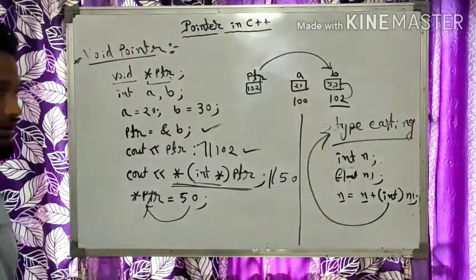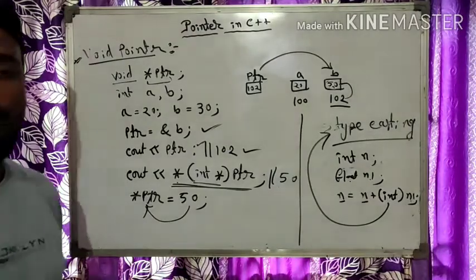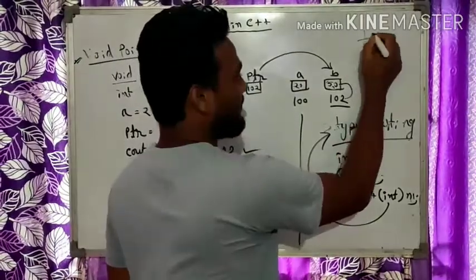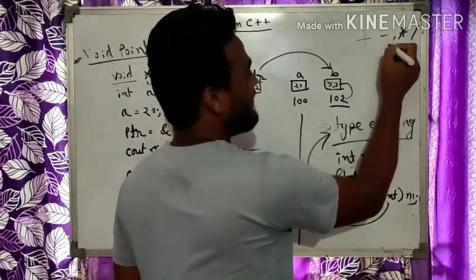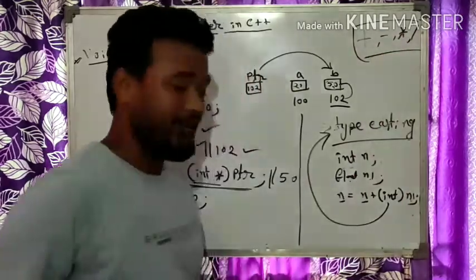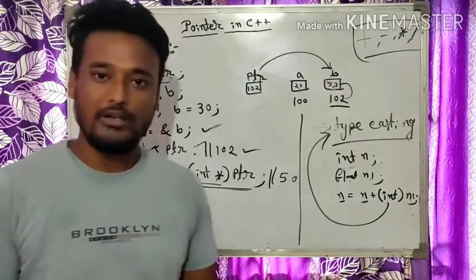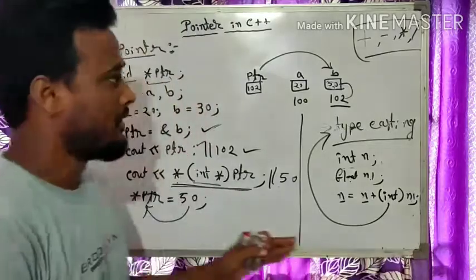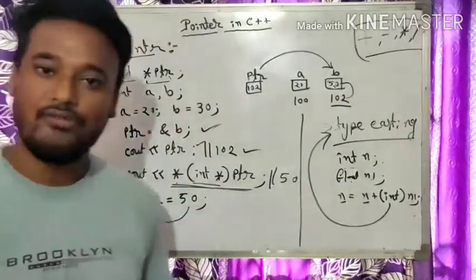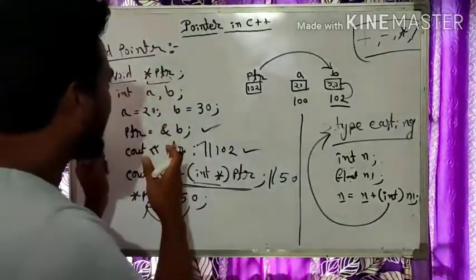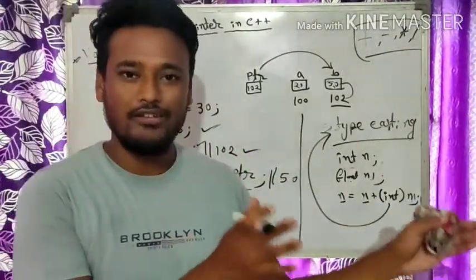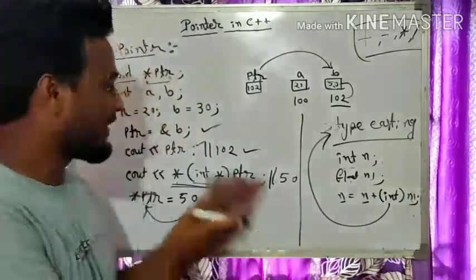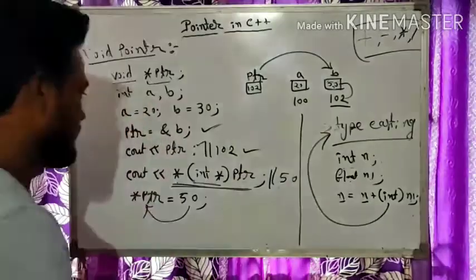The next topic in today's class is pointer arithmetic. When you talk about pointer arithmetic, the operations are plus, minus, multiplication, division. In a normal variable, we can easily add, subtract, divide and multiply. The same concept goes for our pointer variable also. Now let us see. Pointer arithmetic and normal arithmetic are quite different. I want to show you the difference between the normal arithmetic operation and the pointer variable arithmetic operation. So let us proceed with this.